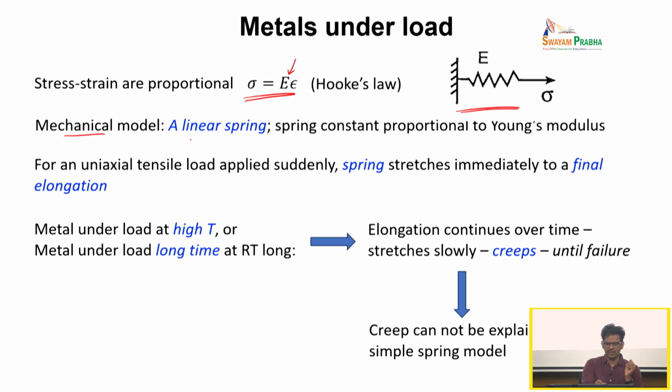For metal, we can easily understand this because we think about metal as a crystalline material. We have atoms located in lattice points, and there is some sort of vibration about the lattice points. So when you apply a stress on this material, you are basically trying to displace the atomic positions, but then the atoms want to come back to their original lattice positions. So it gives a very spring-like action, right? Therefore, many metals behave like a Hookean solid, an ideal solid, where stress is proportional to strain. So when we think about metal, we think of a mechanical model, which is basically a linear spring,